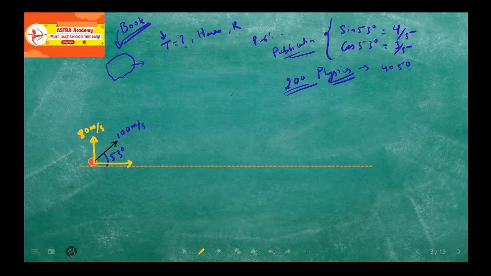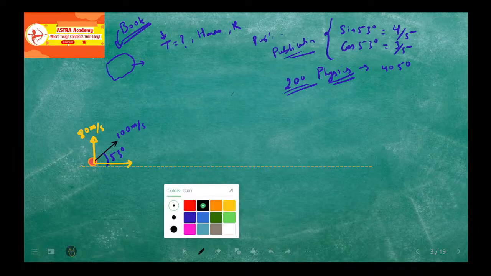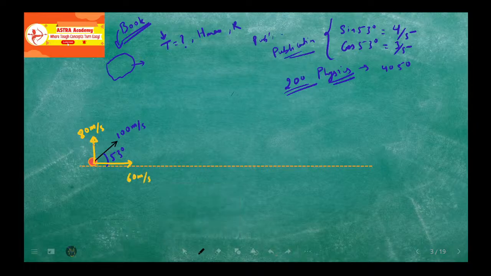But sir, it is a projectile motion question. Don't worry, I will solve it orally. But first of all, I am ignoring this velocity. Okay. So now let's focus on this part only. 80 is the velocity. 10 meter per second square is the retardation, because the acceleration is in opposite direction of the velocity. So the time taken by it